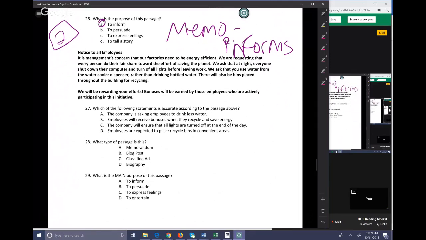There's a memo in one of my reading classes that a lot of people feel should be to express feelings. I think it's in reading 3, and it's about people stealing other people's lunches. Although feelings are expressed in there, the person writing it is an HR person, and they're saying that people have been upset because they don't have food when they go to grab it. That is expressing someone else's feelings as part of informing people.